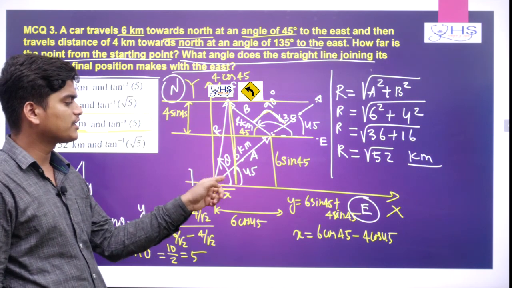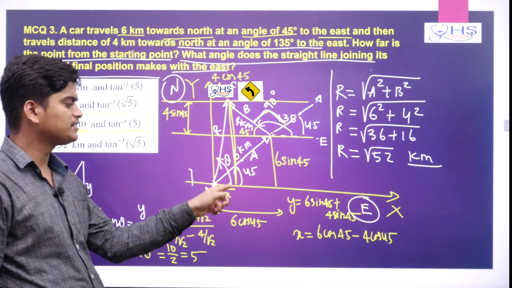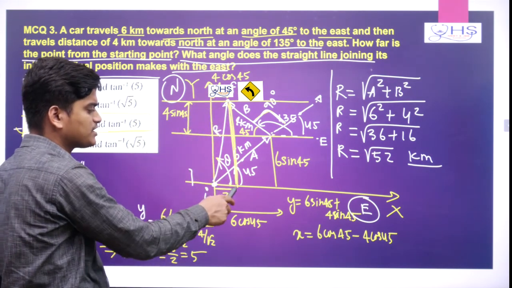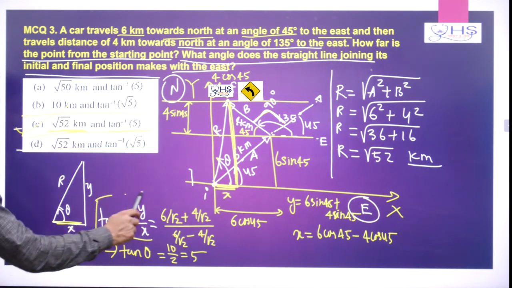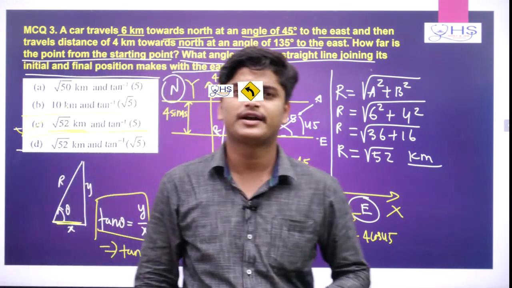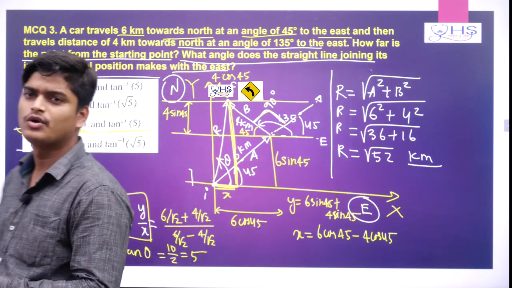So that's why what we will do here. We need to take east to this r, basically theta, and to find this theta, I need to find this vertical distance and this horizontal distance, so that I can say tan theta equals y by x. I calculated y separately and x separately, and then I got the answer as C. I hope you understand. We will go to the next question.